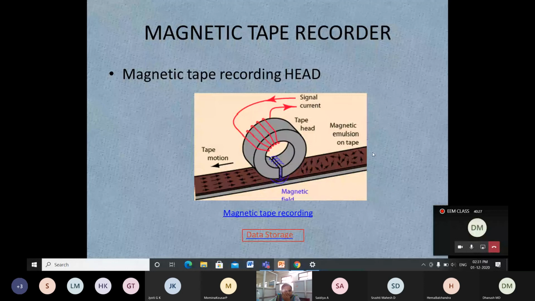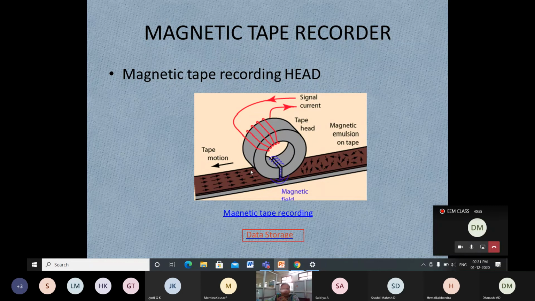I hope you remember in the olden days the recording devices, the tape recorders, the tape starts rotating. The information is added on that tape, right? I hope you understand that the values, in terms of digital values, or some different elemental values, are recorded on that brown color tape, no? On that it records the information. That's the magnetic tape recorder.